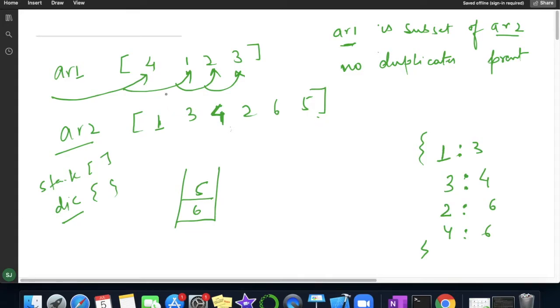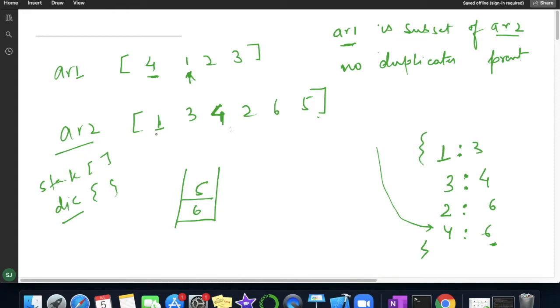So if you see here in my dictionary only, we will search for 4. So for example 4 is here, so we will simply search in my dictionary whether this 4 is present or not. Yes, here 4 is present, so for 4 my answer will be 6. So for element 4 the next greater element is 6, which is correct, which is giving the same answer. Now let us check for the next element, which is 1.